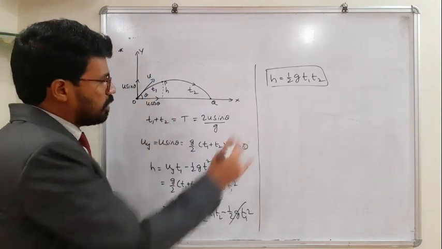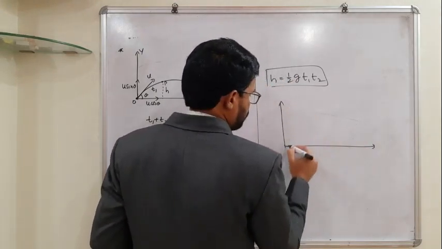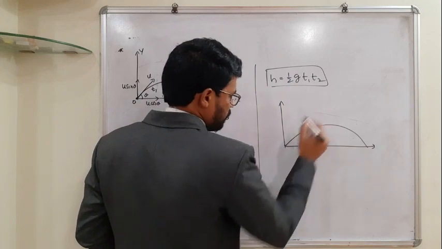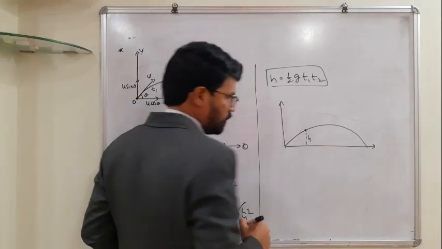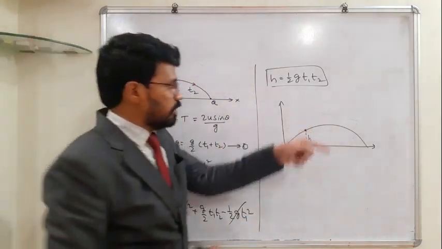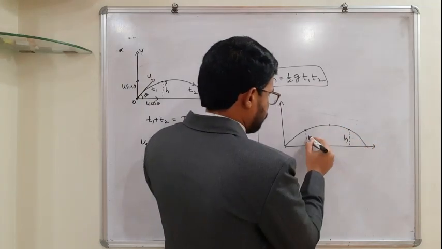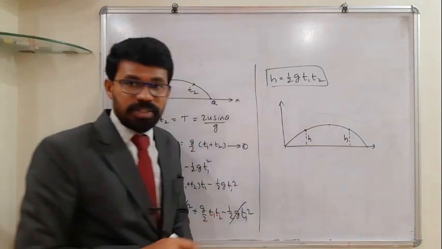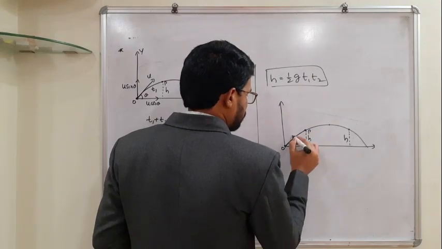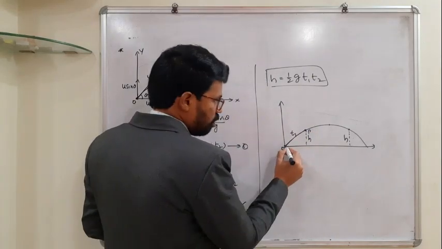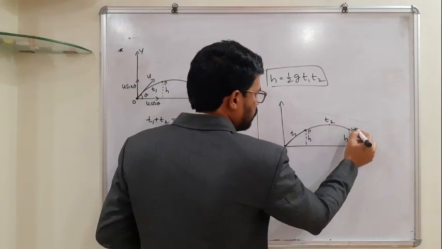See, the same situation can also be imagined something like this. I'll draw one more trajectory here. If you observe this carefully, let us say this is the trajectory. A body is projected with initial velocity u. Let us say there is a point here which is at a height equal to h. Symmetrically, on the other side of the maximum height also, you can have one more point which is also at a height equal to h. Can't you find? Yes, we can find. Let us say from here, the time taken by the body to reach this point P is t1 seconds. From the point of projection, again, if I measure the time, let us say that time comes out as t2 to reach this point Q.